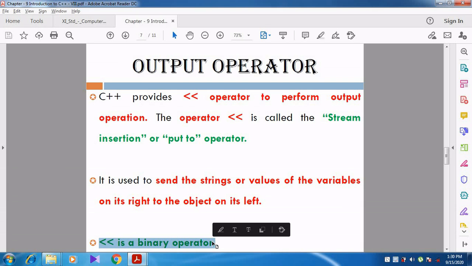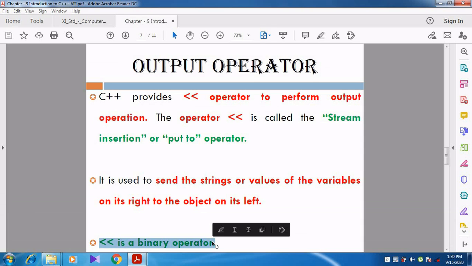And this is also a binary operator. The input operator is a binary operator, and the output operator is also binary. How? Because Cin, the get from operator, has a left side and a right side. The left side operand is the predefined identifier, the predefined object. The right hand side is the variable.